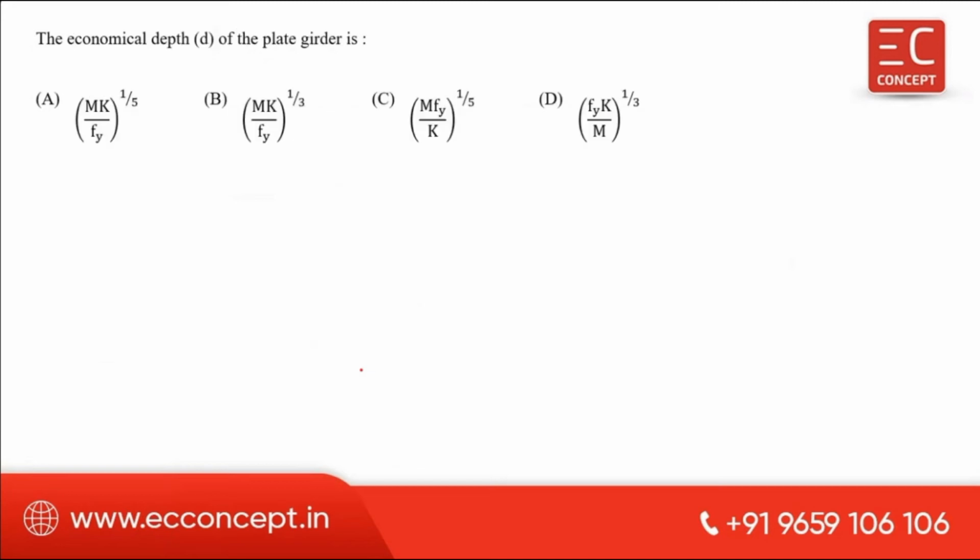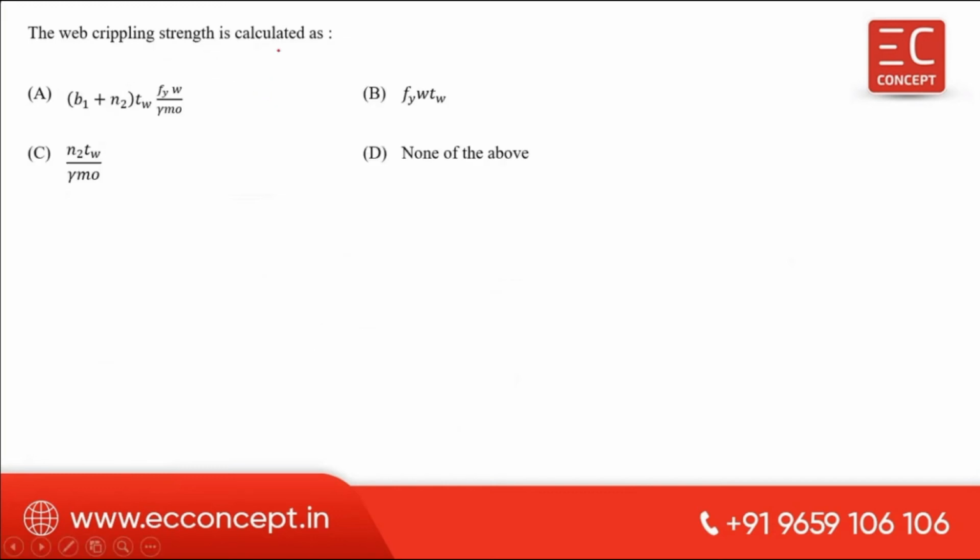Okay, now next question, the economical depth D of the plate girder. So this is a factual question. MK divided by Fy, the whole part 1 by 3. Okay, this K is the radius of gyration. MK divided by Fy, the whole part 1 by 3. Now, web crippling strength is calculated as,